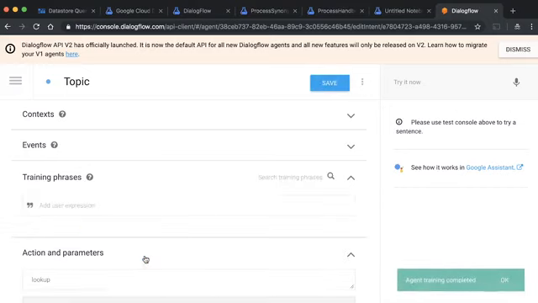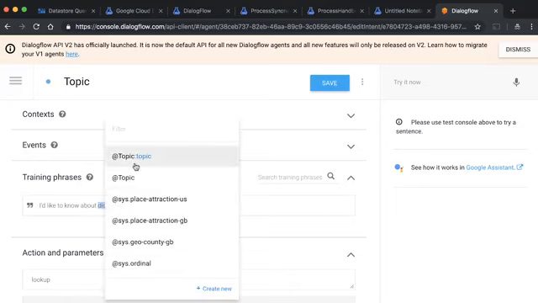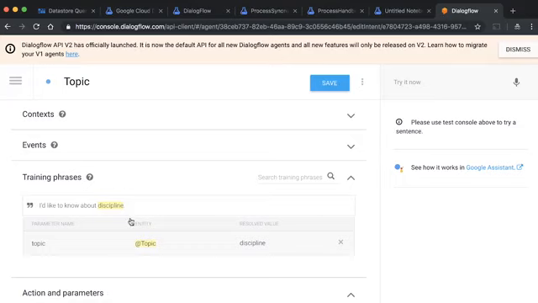So we'll add about 10 or so training phrases just to give our agent plenty of examples. So I'm going to say, I'd like to know about discipline. And discipline is one of the keywords from the HR manual. And then I can highlight the word discipline and click this first option that pops up, which is @topic. So that knows to grab the topic entity in this training phrase. So that's our first example.